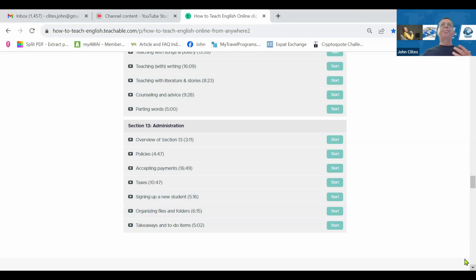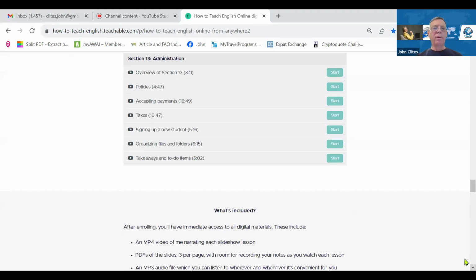Each one of these, by the way, is a video, typically a Canvas slideshow with me up in the corner. You can also download the audio separately if you want to reinforce it, if you want to listen to it in your car or sit out on your deck with a glass of Chardonnay and listen to it again. You can print out the slides 3-up and make notes next to the slide if that helps you to remember. There's everything that you need here. I think you have to admit that the course is pretty soup to nuts. If I have missed anything, please put some comments below and I'll be happy to add additional lessons.